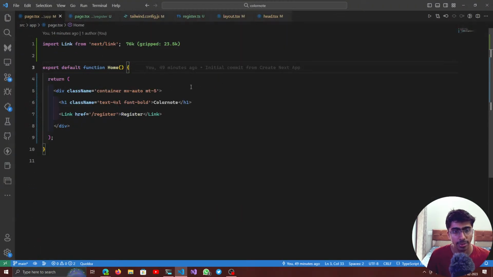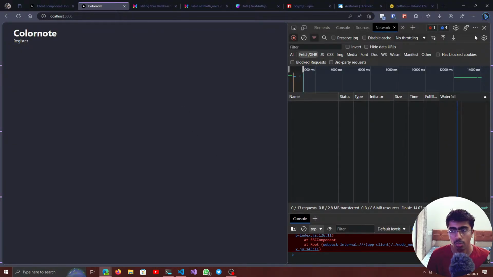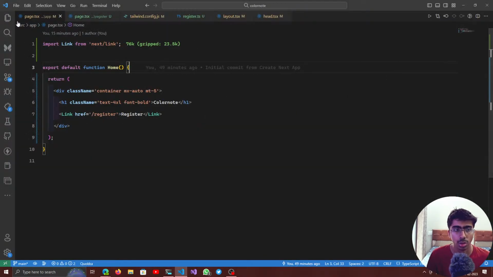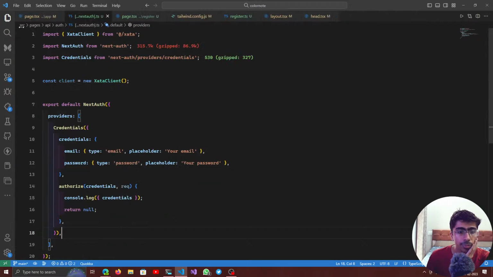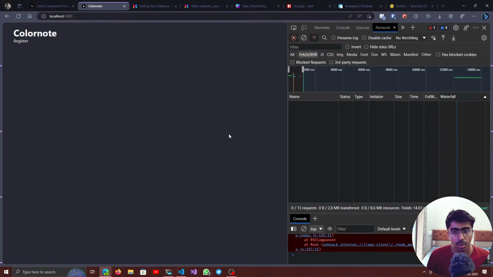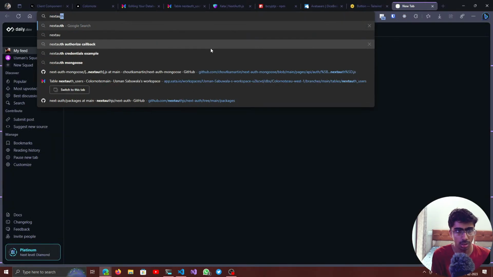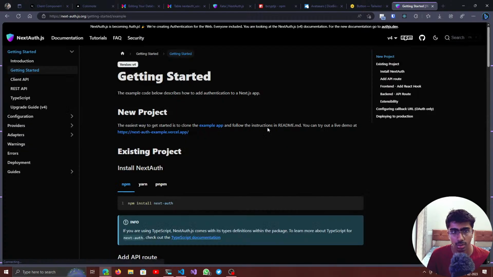So once we have that, now we know that okay, we have the user registered, but how do we check if the user is logged in or not? So for that, I guess we'll have a page for login. And next auth has a lot of problems, honestly, with